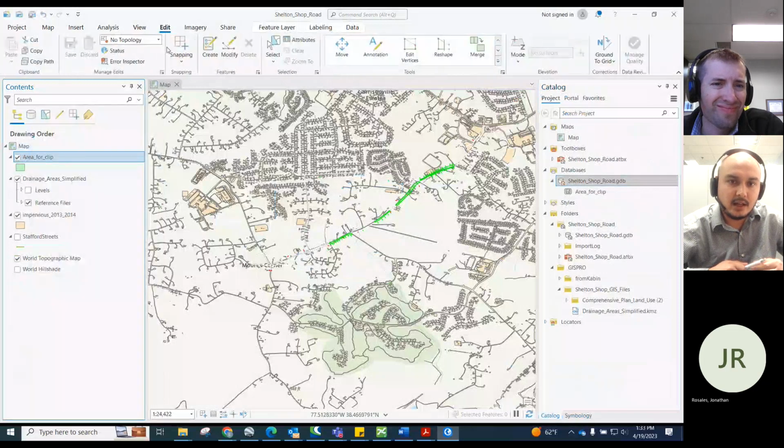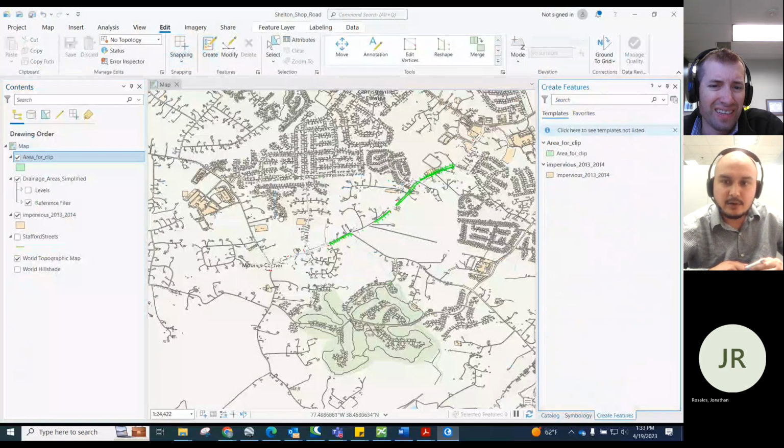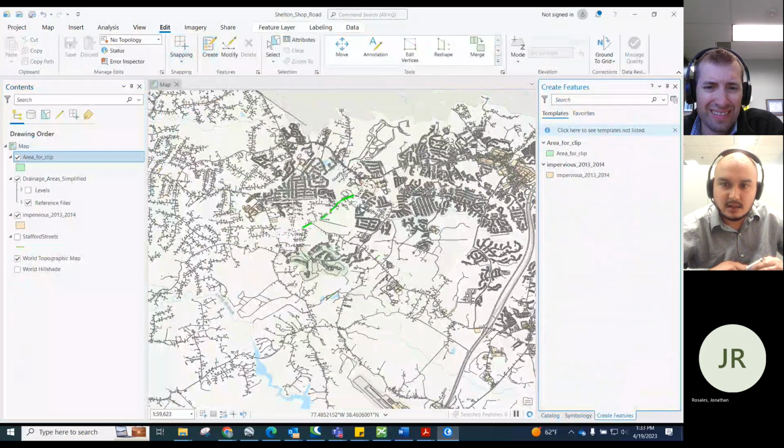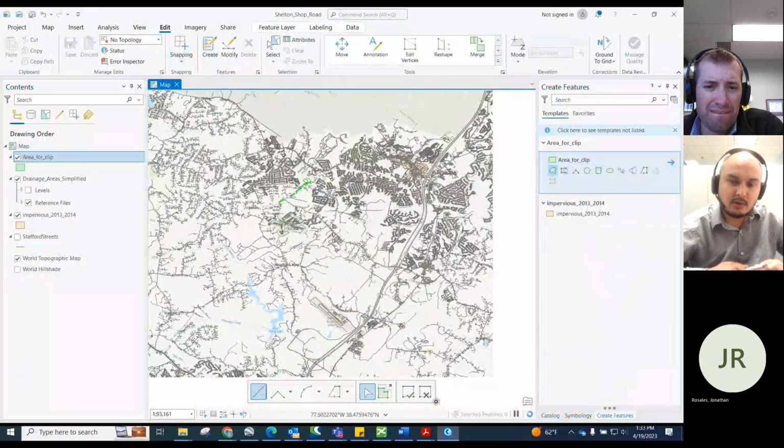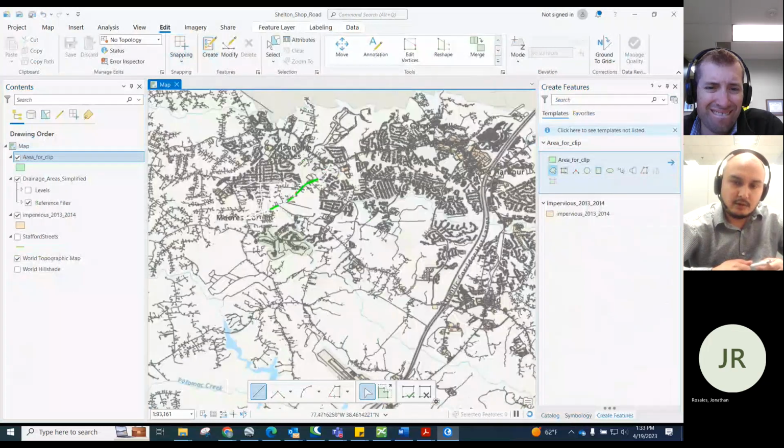Yeah, that one. And click on Create. Yep, create. And now you can click on the area feature on the right. Now you can choose one of the options there. You can just choose the first one because that is an irregular polygon. Just make a polygon to cover all of your drainage area.